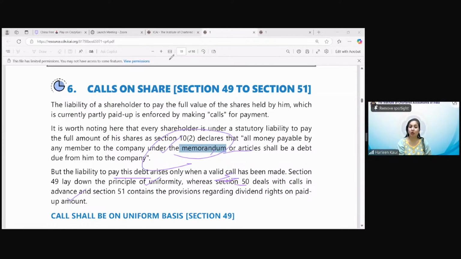Yes, we need to address the call in advance. Absolutely, Mr. Harsh. But here he's trying to tell you that Mr. A, even if you have paid the advance money, don't be so excited. Your voting rights will only be up till rupees 5. Because company has called rupees 5, you have paid rupees 6, your voting rights will only be till rupees 5.